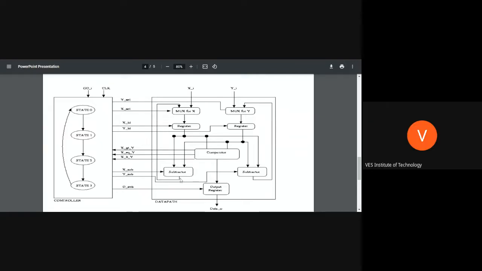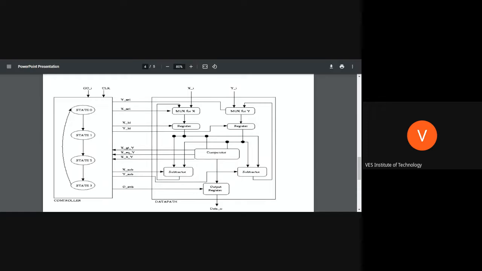Yeah. So when we do the subtraction, if a is equal to a minus b or b is equal to b minus a, at that time we have to store that result back. So we can choose whether we want to take a or we want to take b. Accordingly, this selection will be done by the controller. The controller has to select whether it will take xi or the subtracted value.